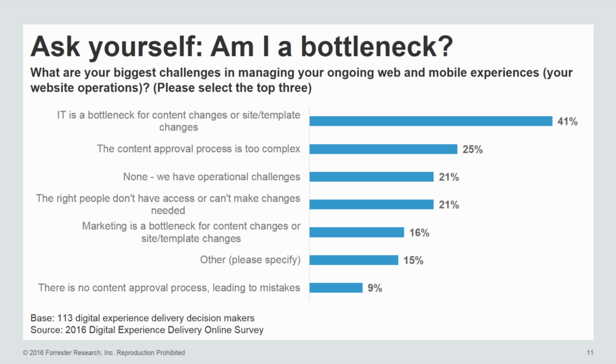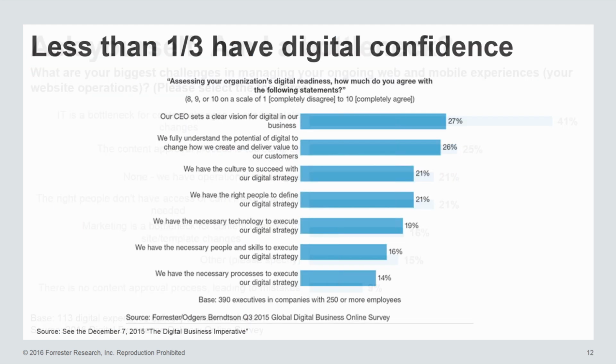And this process barrier is actually just one indicator of some of the problems we face today as we try to embrace cross-functional agility and really meet and exceed the customer's expectations. Now, I don't want to get too pessimistic here, but actually it gets scarier. Less than a third of us have confidence in our ability to drive towards digital readiness. We don't fully believe that we are ready to embrace digital transformation.